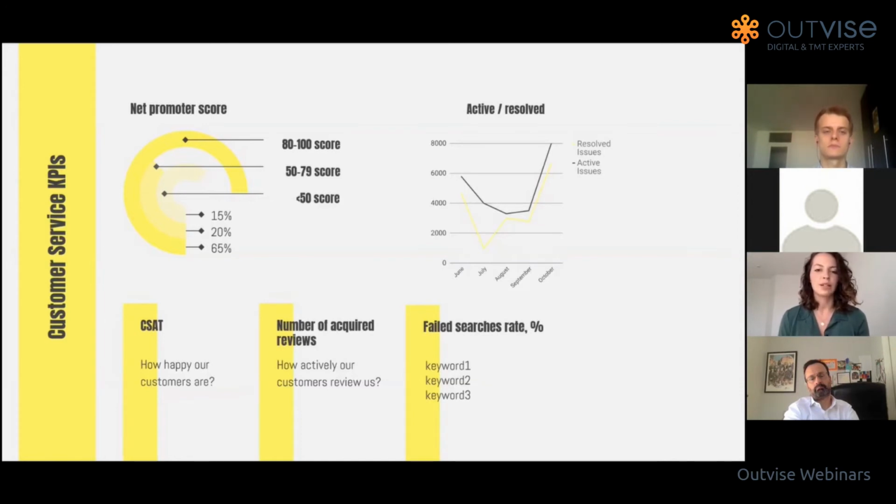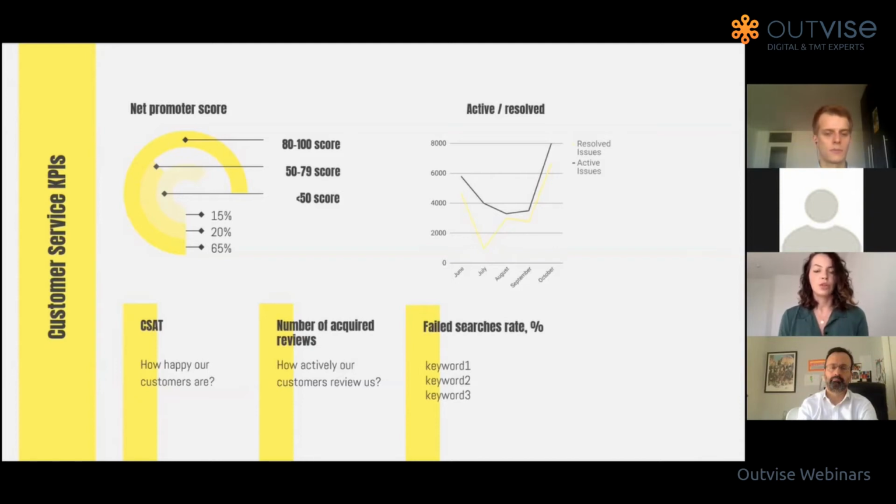There are also non-digital analytics KPIs, as I call them. So, for example, you can think of abandon rate of calls and chats with your customers, or average resolution time. Here it's about the resolution time of ticket resolution. So if there is a problem, a request, or something from your customers, you can also track how quickly your support team is able to resolve the requirements of your customers.